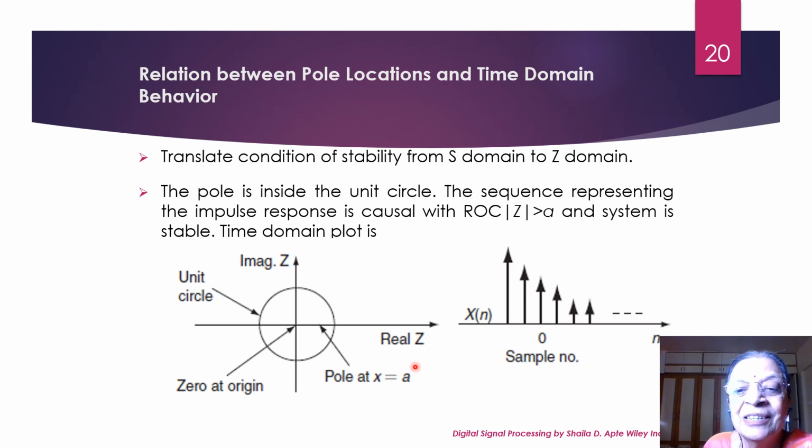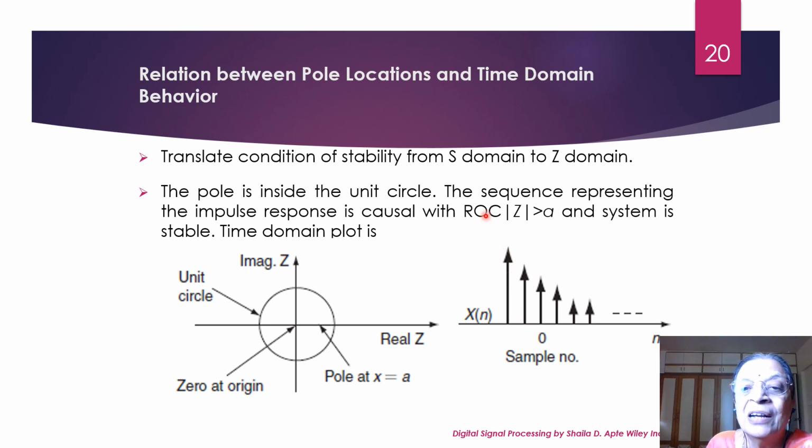So, if I consider a equal to half, what will be my next value? a raised to n, so half raised to n. For n equal to 1, it will be half, n equal to 2, it will be 1/4, n equal to 3, it will be 1 by 8, then 1 by 16, 1 by 32, and so on. Is that right? So, in this case, the system will be stable, and this will be the corresponding time domain plot